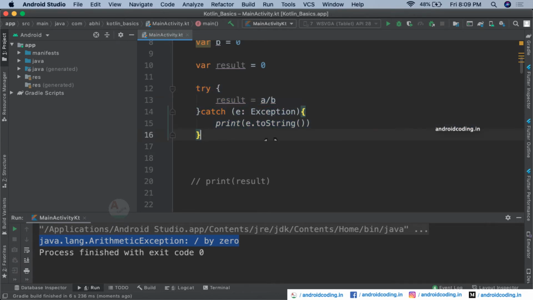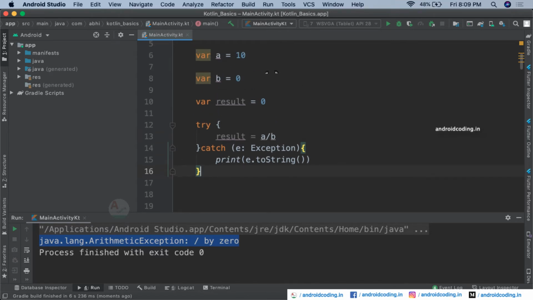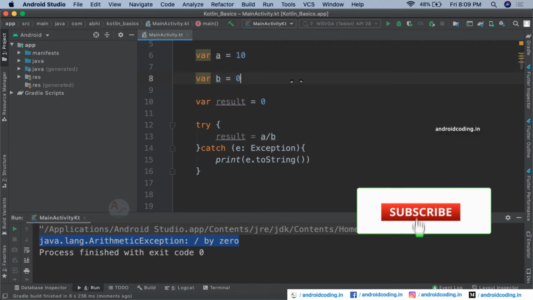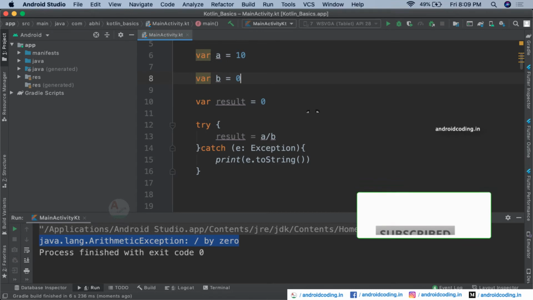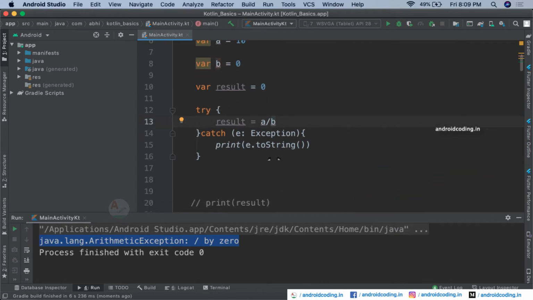By following this procedure, your application will not crash at all. Even if the user provides 0 here, we have just used the same values which we used previously, when we got a crash, that is an arithmetic exception. Also, here you can see we have just provided it as an exception, and in the output it clearly says that it's an arithmetic exception, and the reason is we are trying to divide by 0.